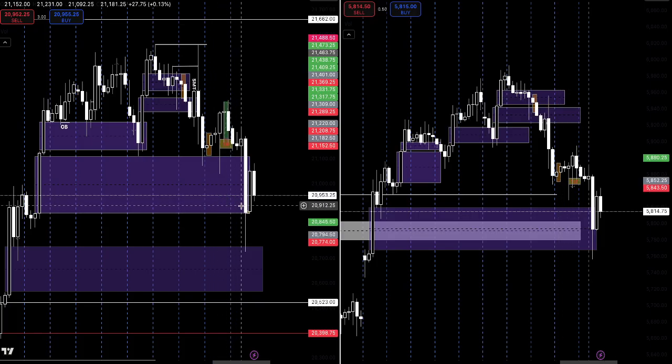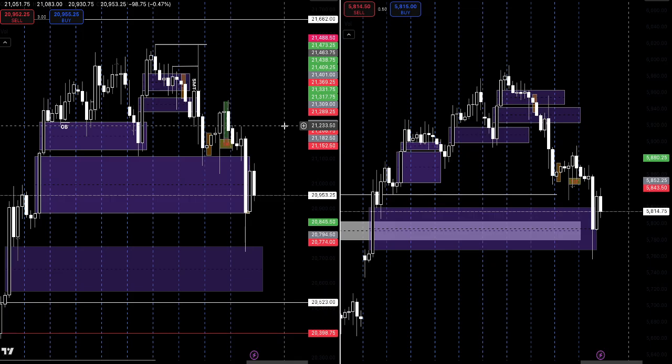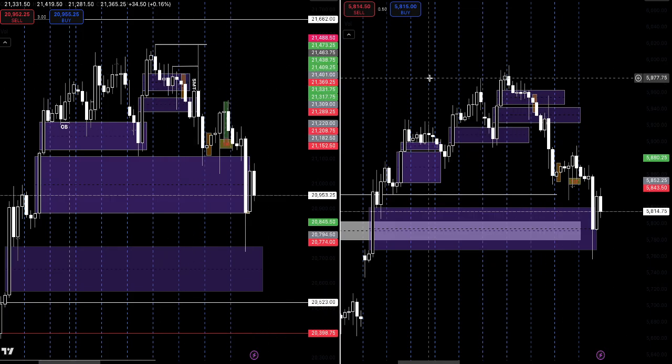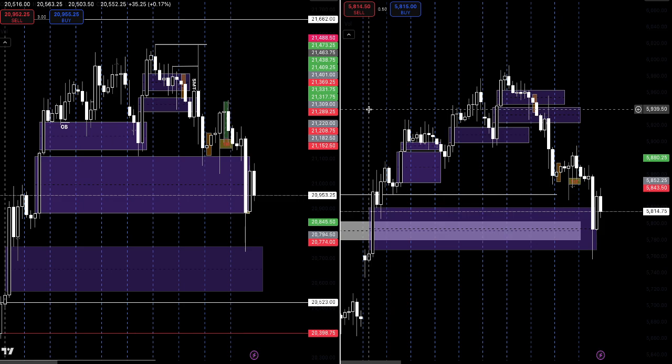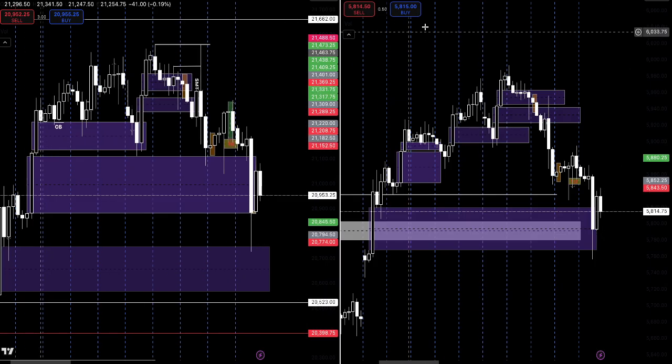So we don't really have any valid unmitigated daily gaps, but we do have the 4 hour, as you see here. On the left side is NQ, right side is ES. We use that with price alignment to see SMT, which I will show you as well. All right, so let's start with